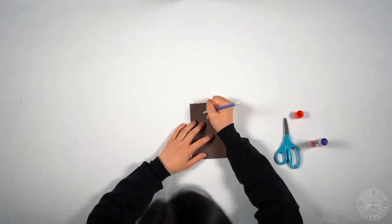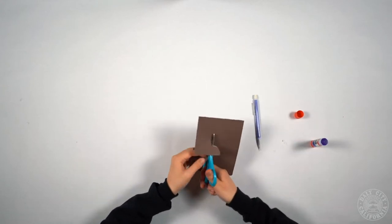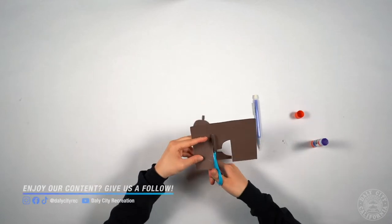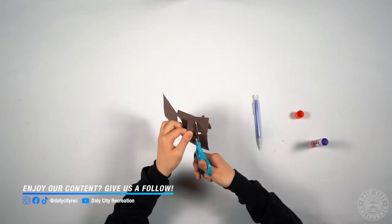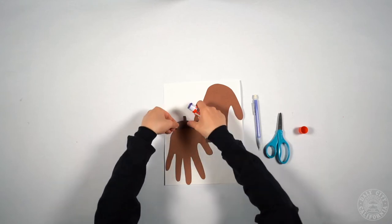After that, you're going to take your dark brown piece of construction paper, draw 2 acorn stems, and cut them out. So now that you cut out your stems, you're going to go ahead and paste them to the top of your